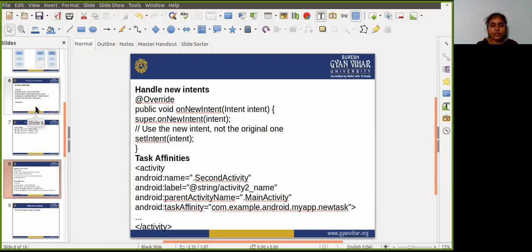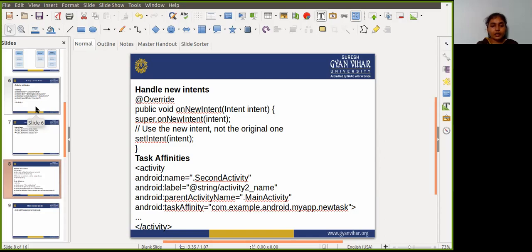A new activity is still instantiated if there is an existing activity anywhere else in the back stack, other than the top.